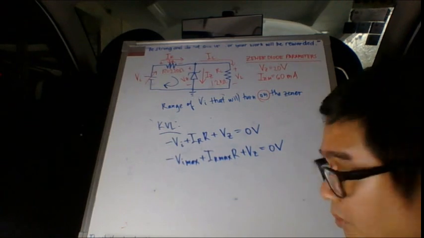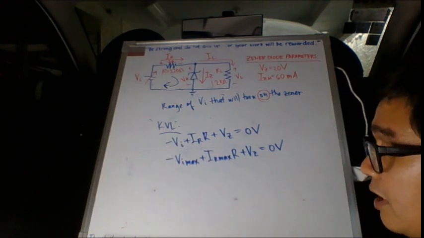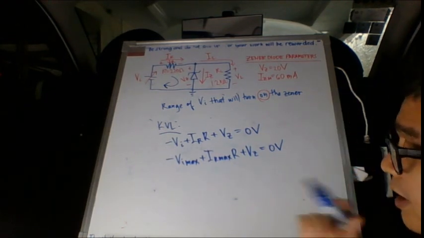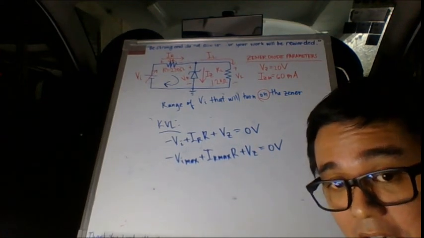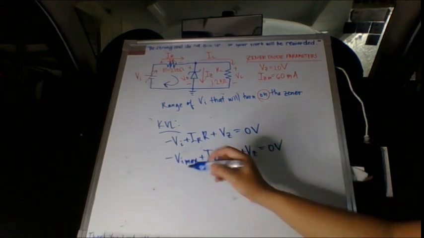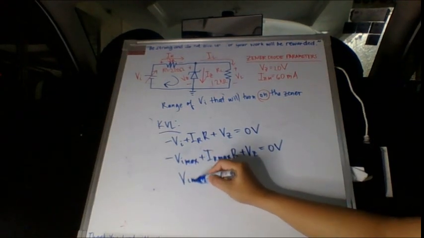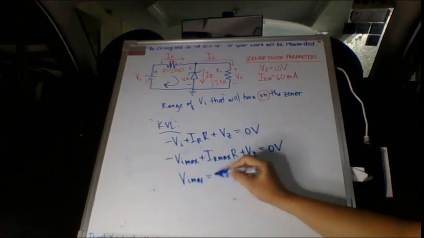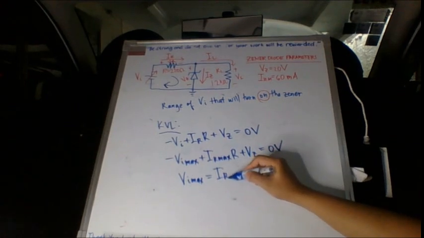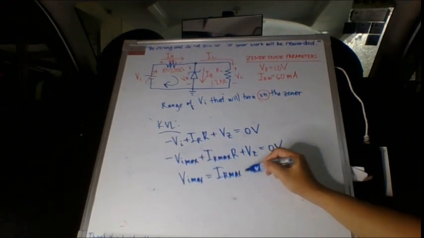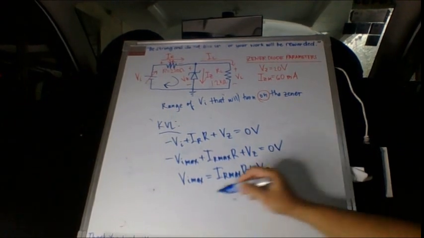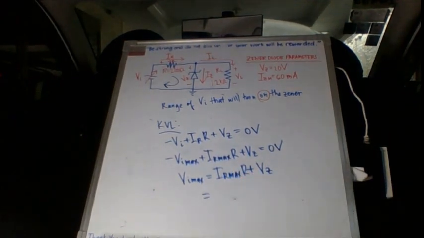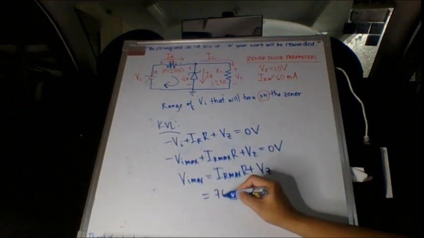Alright? We can rearrange the equation in such a way na yung ating left-hand side, ang matitira doon ay yung ating VI max. Kasi yun nga yung ating hinahanap. VI max is equal to IR max times R plus V sub Z equals, yung IR max na nakuha natin kanina dito is equal to 76.67